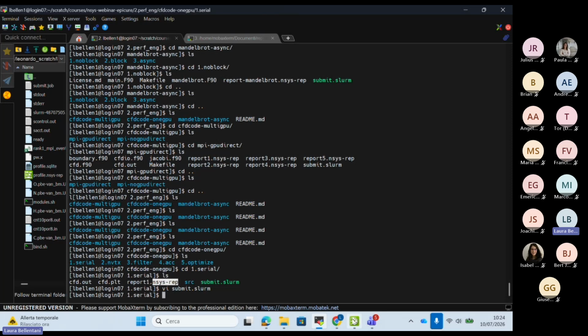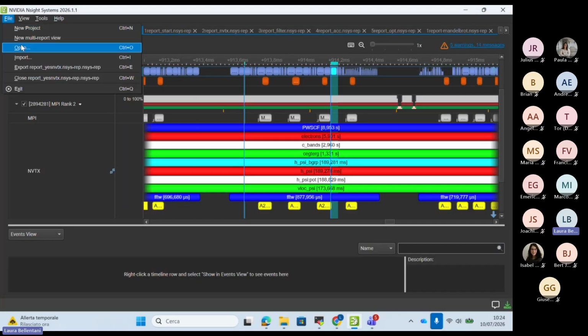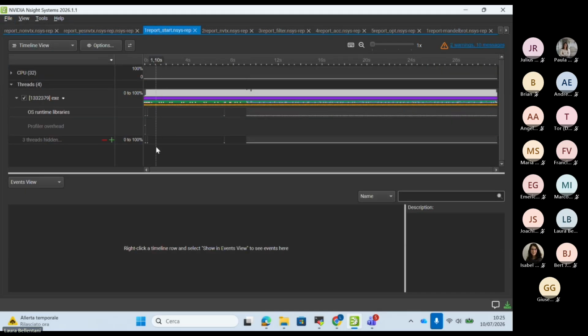Then I open the report from the GUI. In this case, I've installed the GUI on my laptop. File, open, and then you can open any report generated on a cluster, for example. Then what you will see is this. Basically, you see that there is not much information. We see some events provided by instrumentation of the OS runtime libraries, many fwrites, so probably there is an IO phase at the end of the program. I can also get some minimal information from the sampling point here.